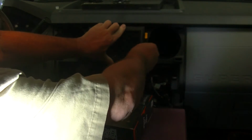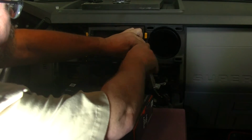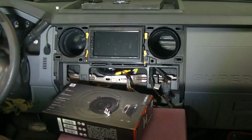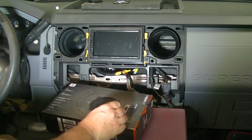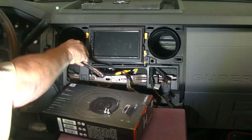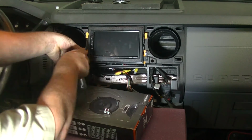You also have to use the supplied screws, because the old ones aren't long enough. So they give you four of these self-tappers. I don't know if they're just a little bit bigger diameter or what. I don't know what's wrong with using the thread pitch of the old ones, but